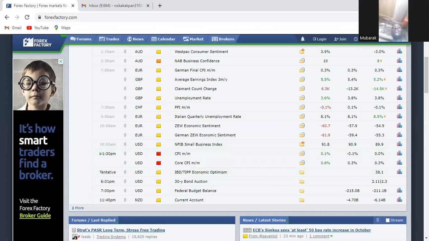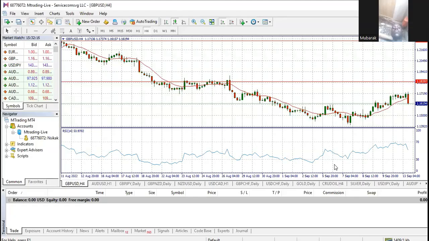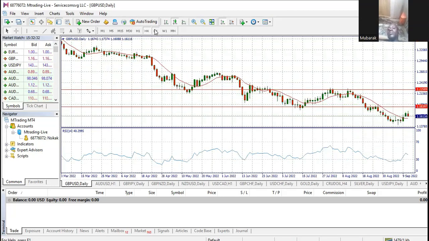So it favors the dollar, and you can see the effect here. Now let's go back to see what technicals were showing before now. You can see this is great, and this is a high impact news. So this GBP USD before now, technicals were showing that it's buying. Let's see the daily time frame. The daily time frame, it was buying. So now this is what I expect, and now the news has been released. You can see GBP USD start selling.